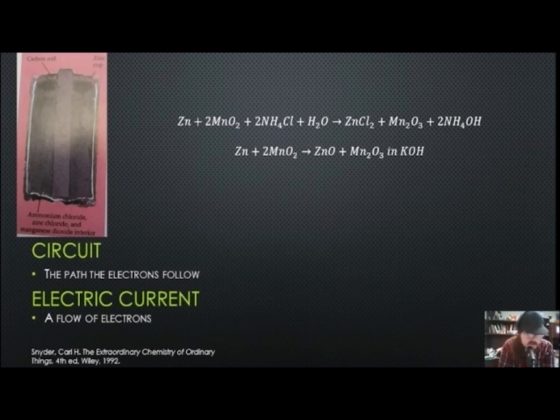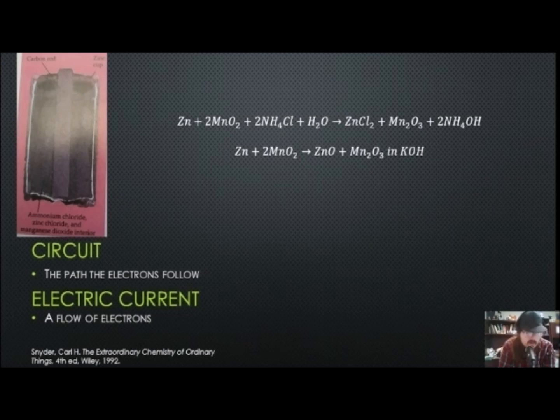As the zinc is oxidized to zinc oxide, we're releasing 2 electrons that can flow through. The actual reaction is zinc plus 2 hydroxide goes to zinc oxide and water. But the zinc will lose electrons, which will flow through the metal casing, complete the circuit, power the light bulb, power the battery, and then go through and reach the bottom of the battery and flow into the manganese and